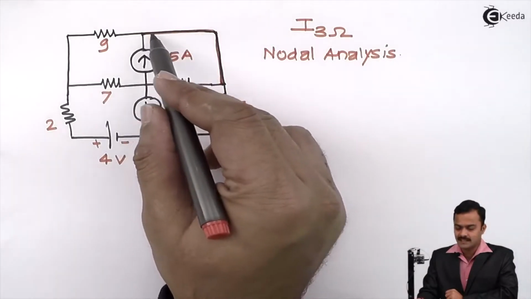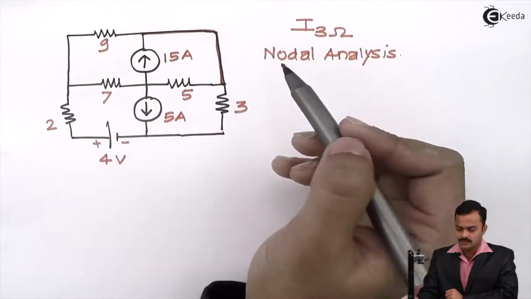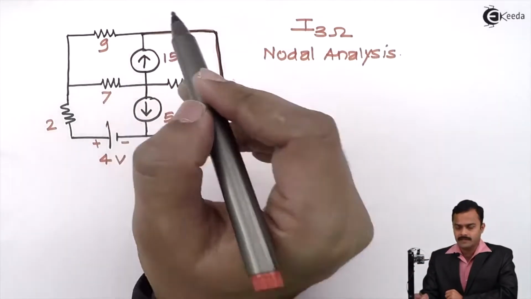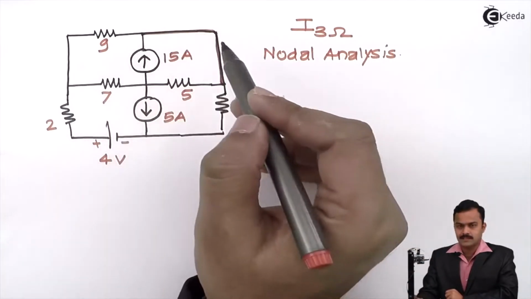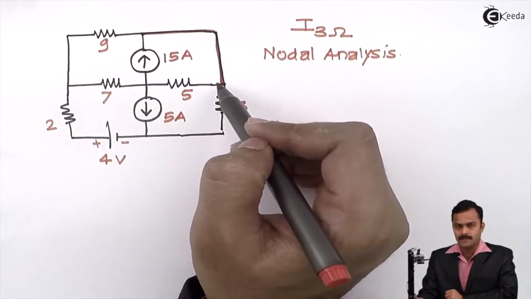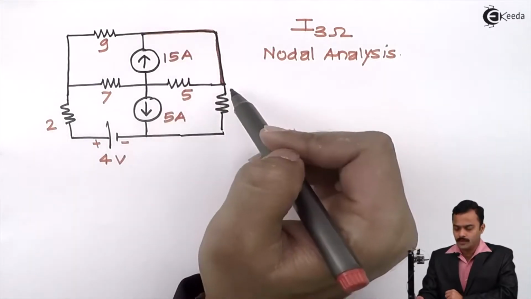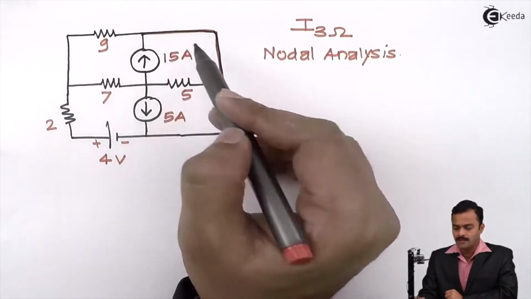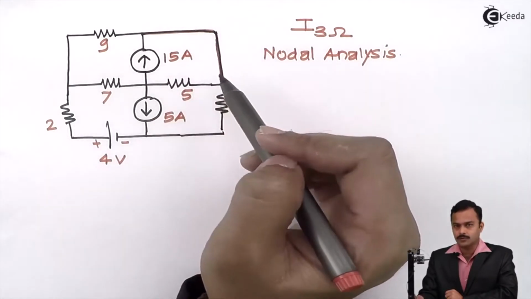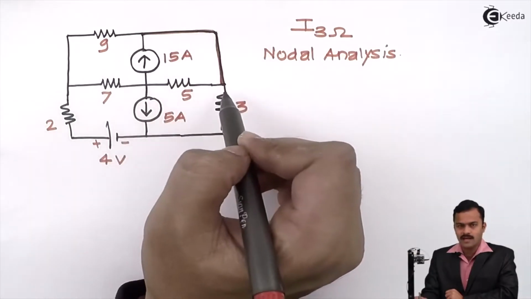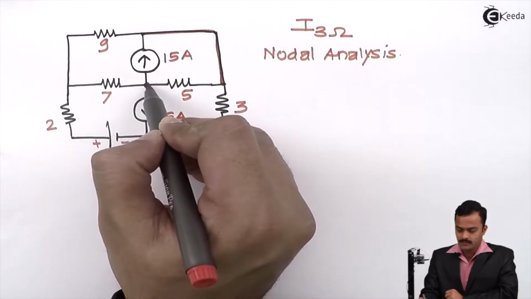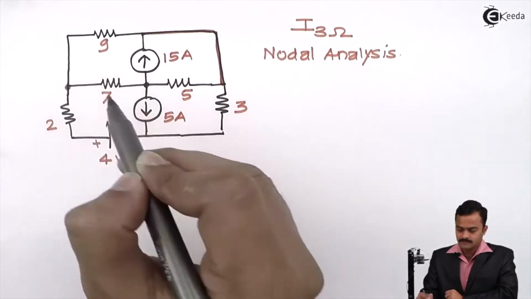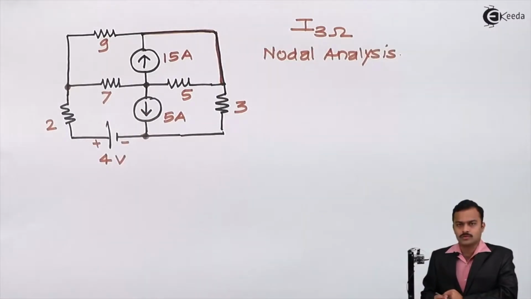So obviously this point is same as this point. It has been stretched through this structure. So these 2 points are stretched, but it will not have branches. It is just a node. So this is the one node I have marked, second node, this is third and fourth node.